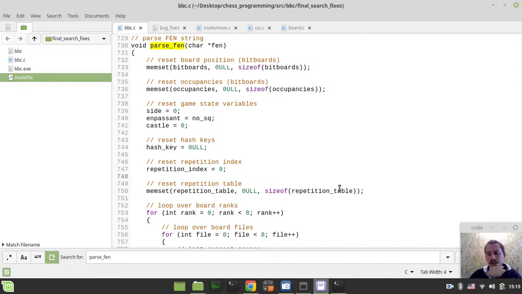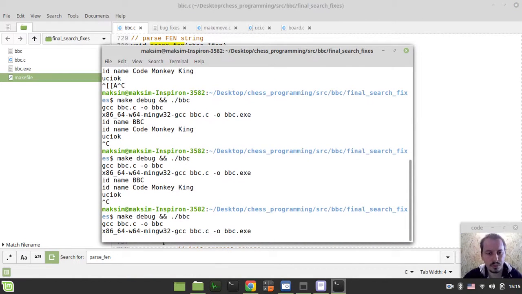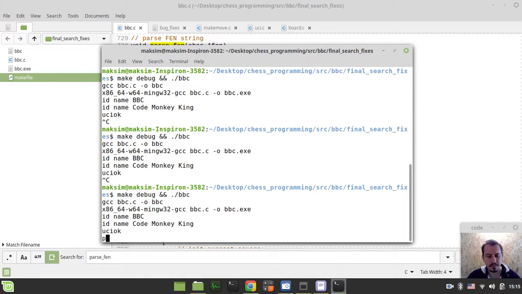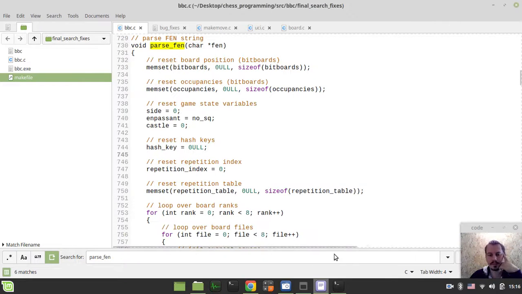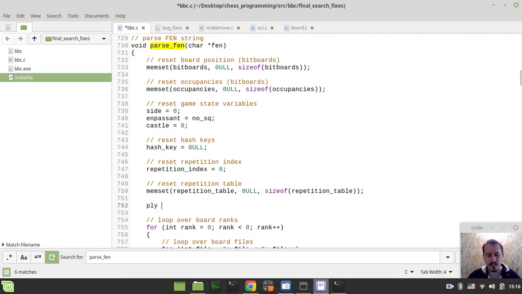But again, what I can actually try is to check this on my own. So let's try to mimic some UCI commands. So let's say position start pos and moves. Okay, so I just won't be able to print ply. What I wanted to say is ply equal to 0. If we just try to reset the ply,